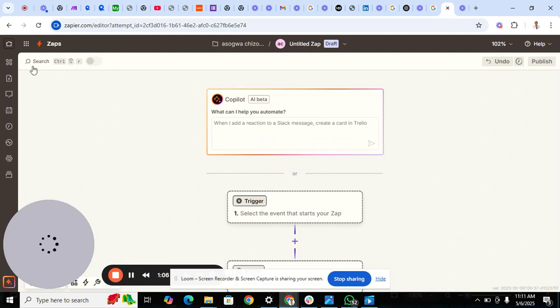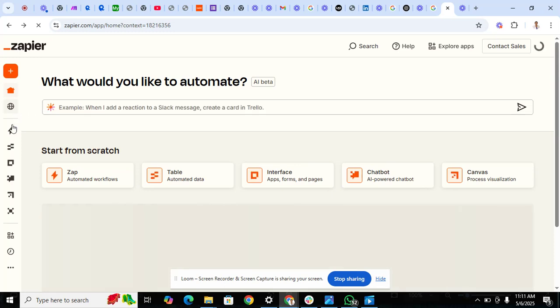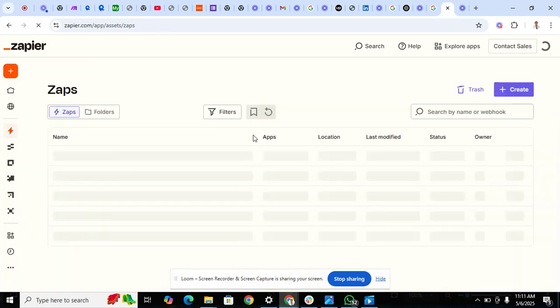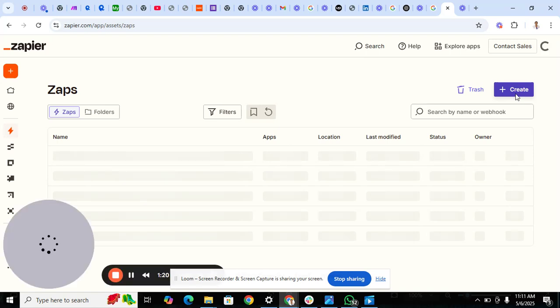Okay. Or you can go to Zaps, click on it, and then just click on create. And then you can create your workflow. And then in Zapier,